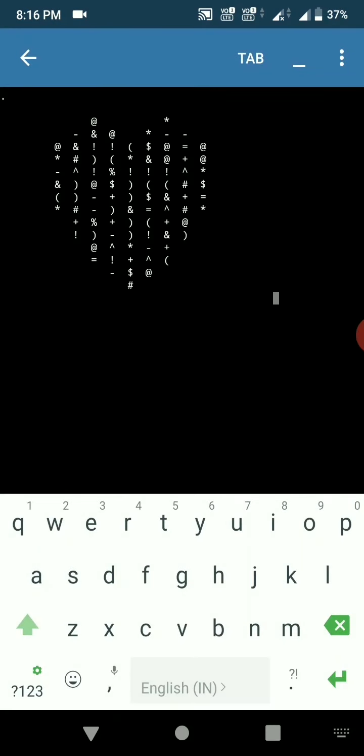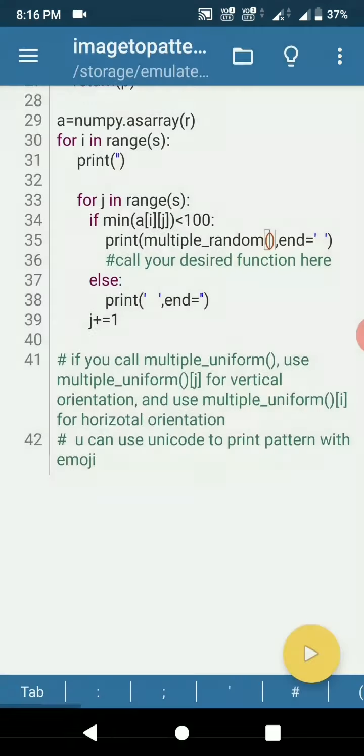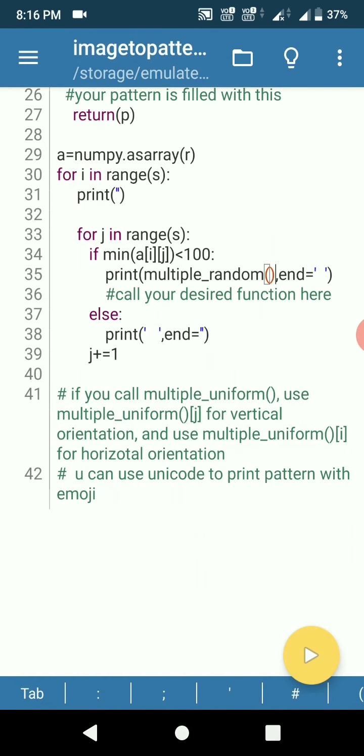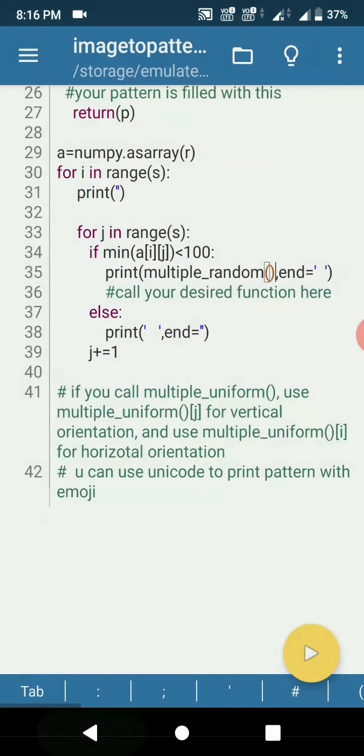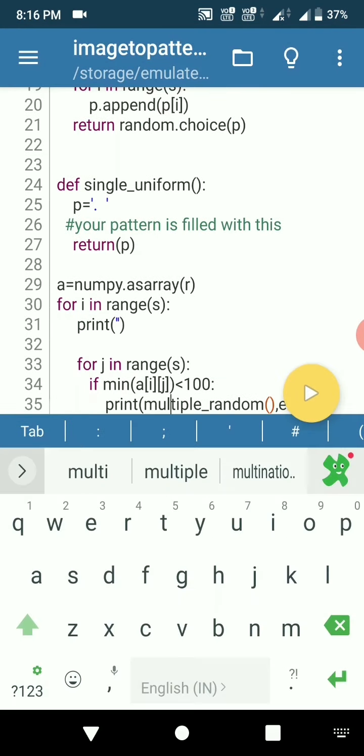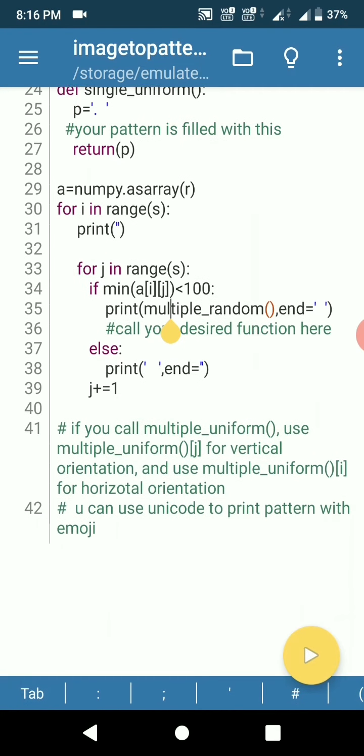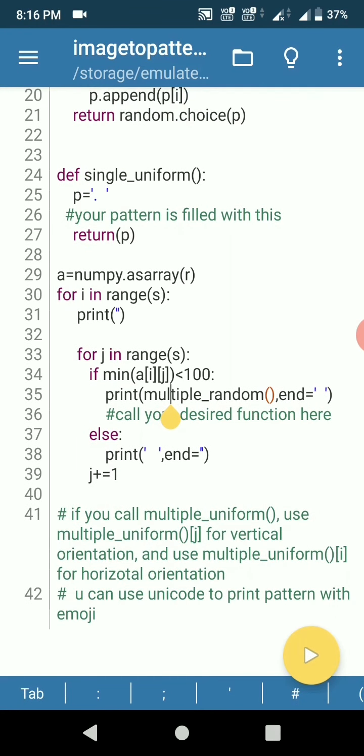When I click the play button, you can see the symbols from the list are in a random manner. When I close this program and play again, it will be in another random manner. So whenever you execute the program, it will be in a different random manner. So that's all for multiple random, and here we completed all the methods.